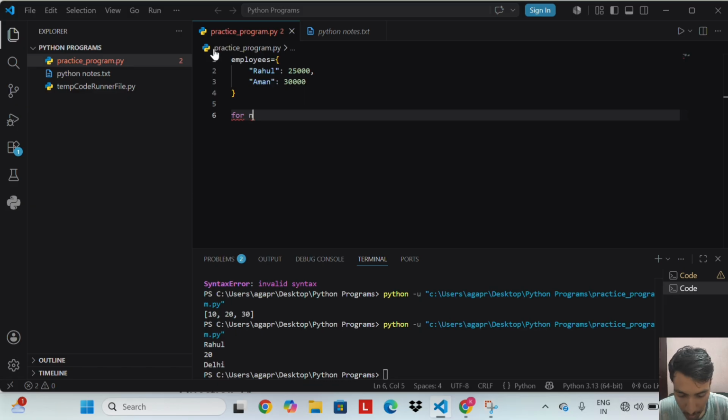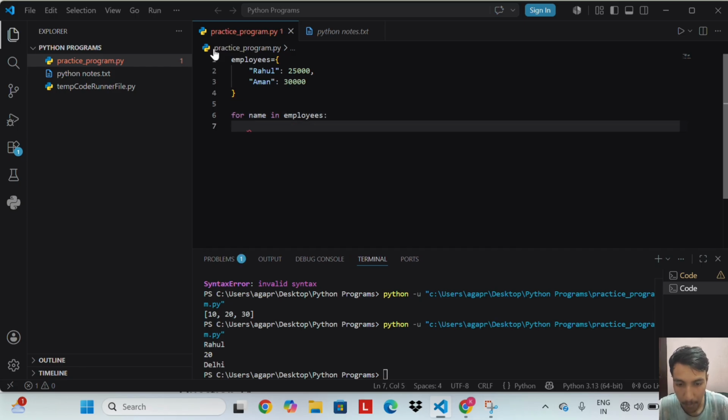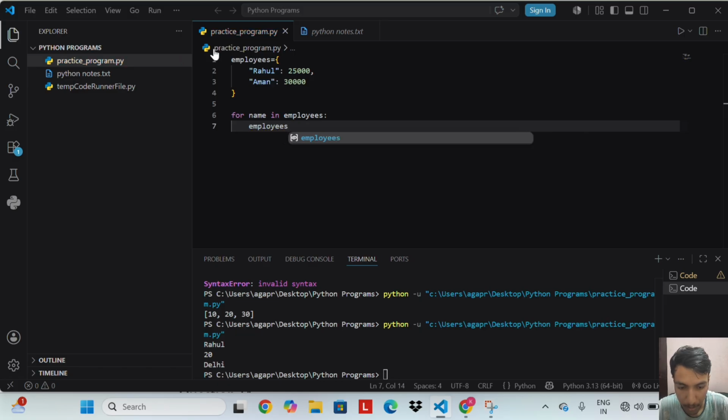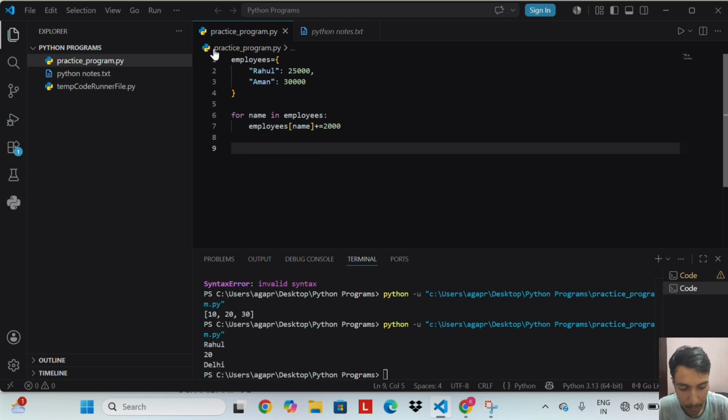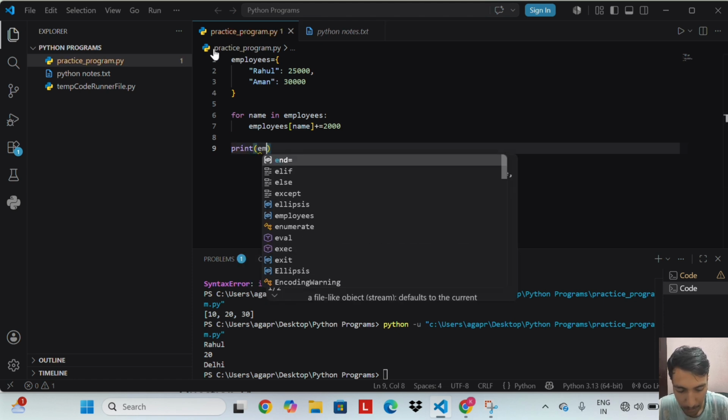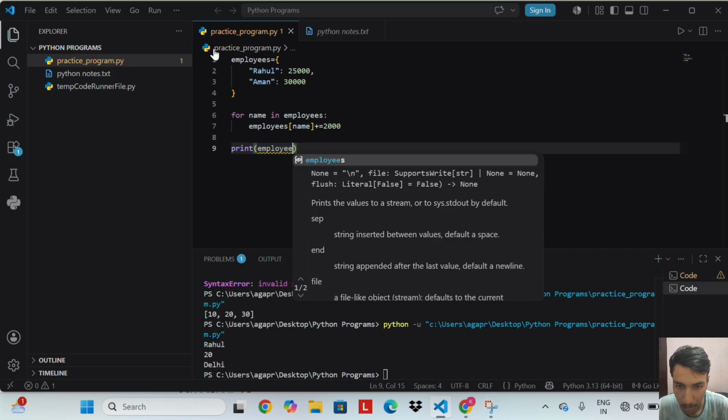For name in employees, employees of name plus equal to 2000. Print employees.